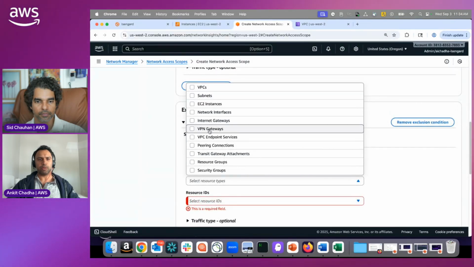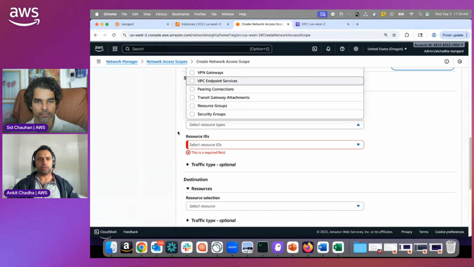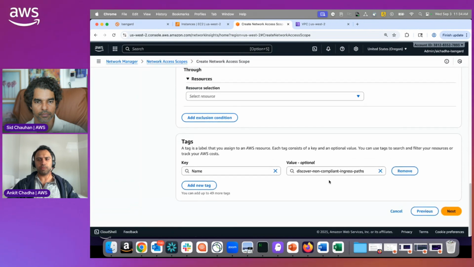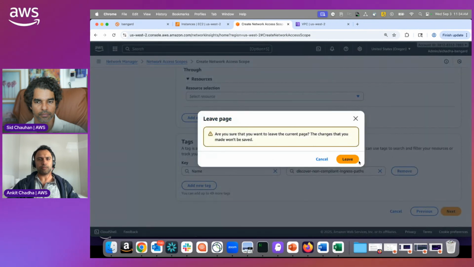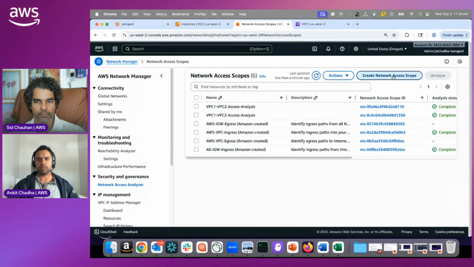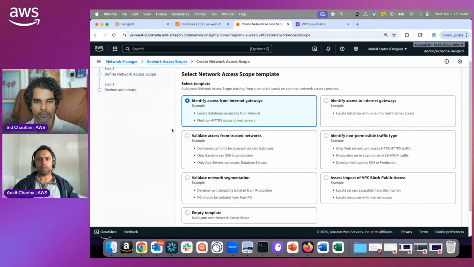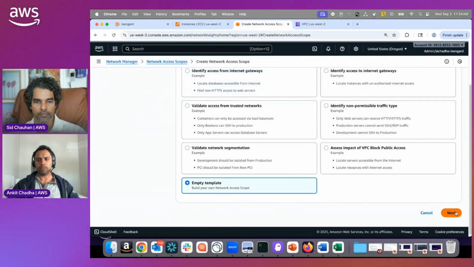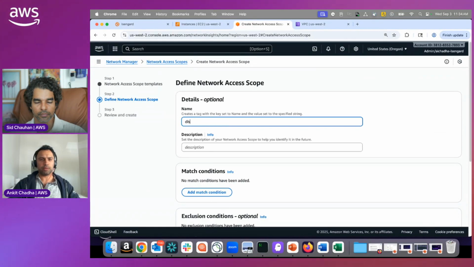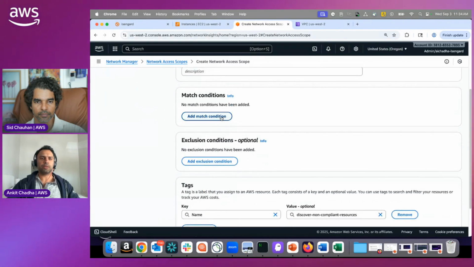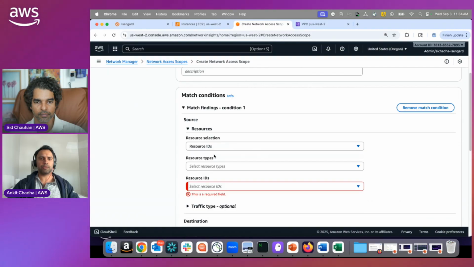I think I'm in the wrong section here. Let's go back. Create, I'll say empty template this time around. Discover non-client resources. So I'm going to match stuff from